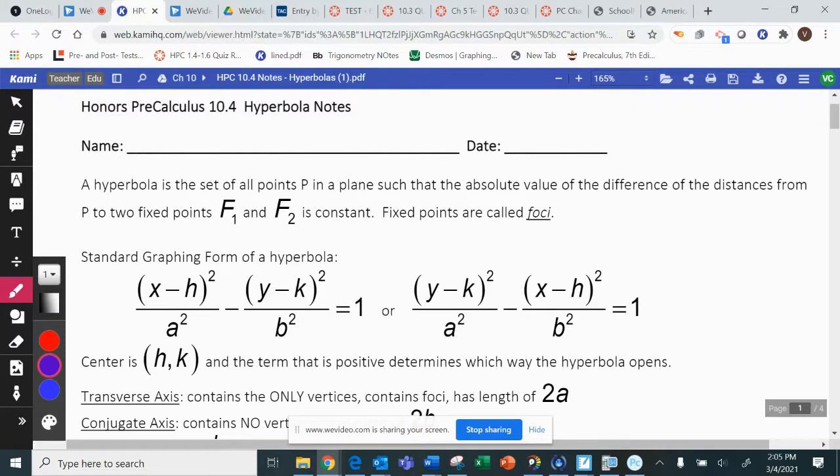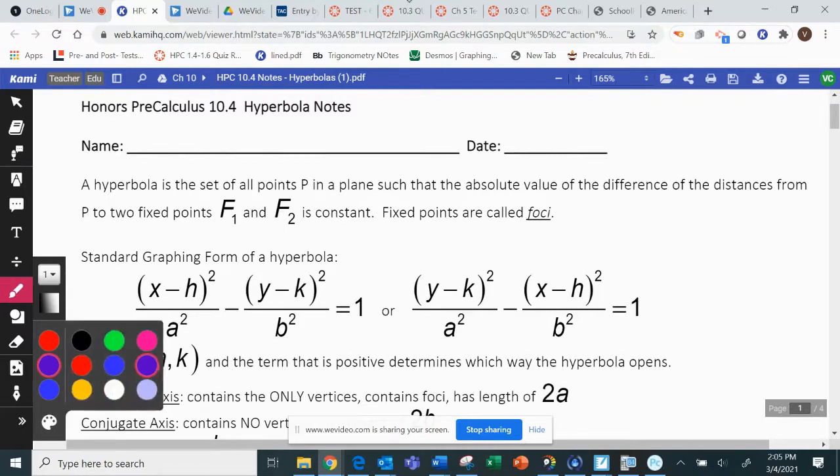All right, so it's either that, or don't worry about what's small or what's big and just do it how we were doing it with the ellipses. Whatever was underneath the x's, that's how far I went on the x's. Whatever's under the y's, that's how far I go on the y's. This is going to work the same way, except with hyperbolas,